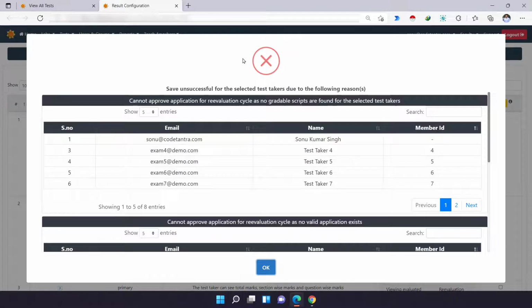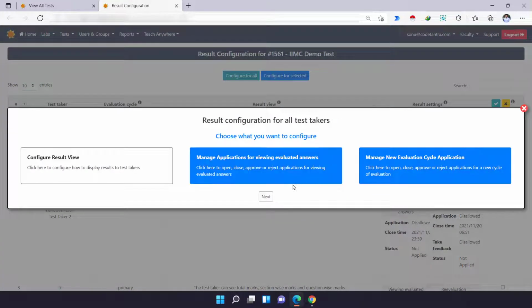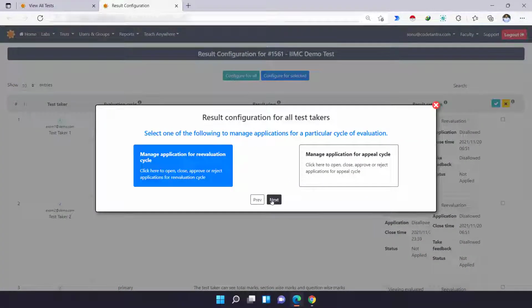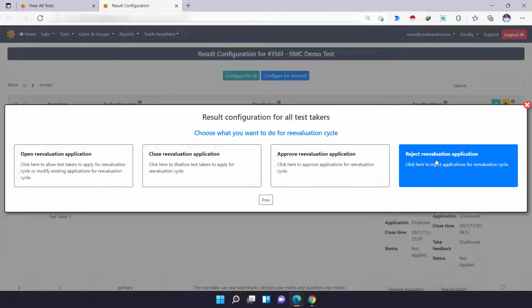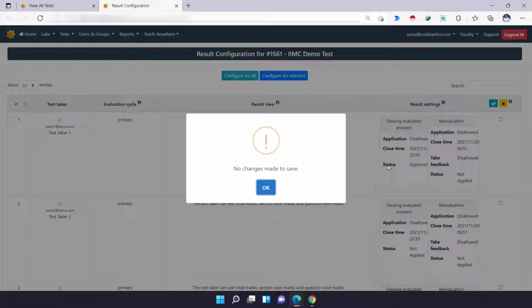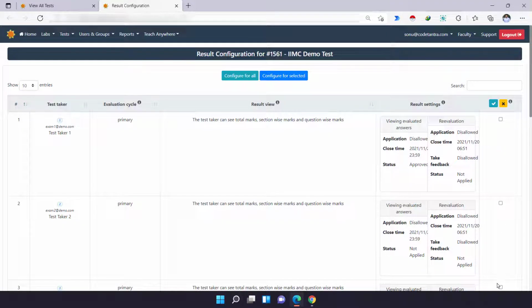Most of the time you are able to see this because my previous evaluation is still pending. That is why this information is coming. In your case, if the information is already there or the primary evaluation is already done, this should not appear. Let me go back again to the same application here, select the same thing, and I can of course reject the re-evaluation applications also, whichever I have received in bulk, or I can of course select the candidate from here where I want to take the action, and then I can follow this path to do this.